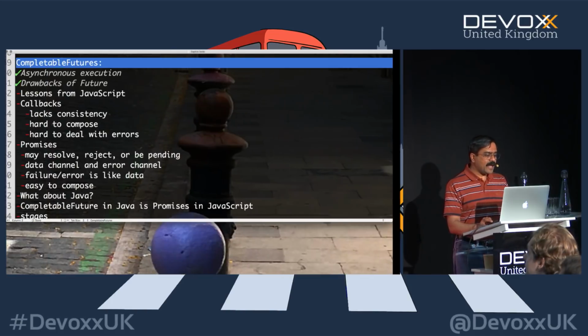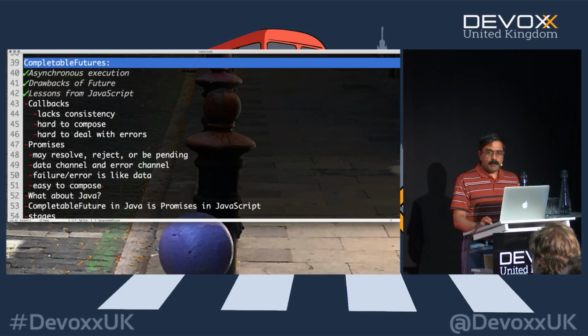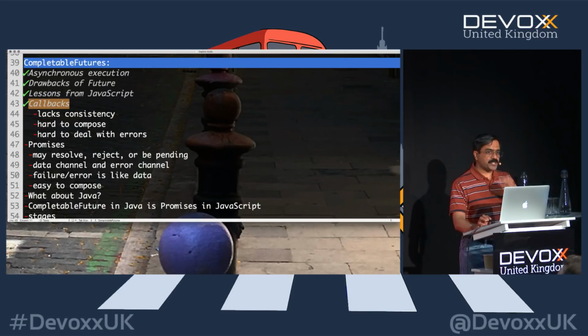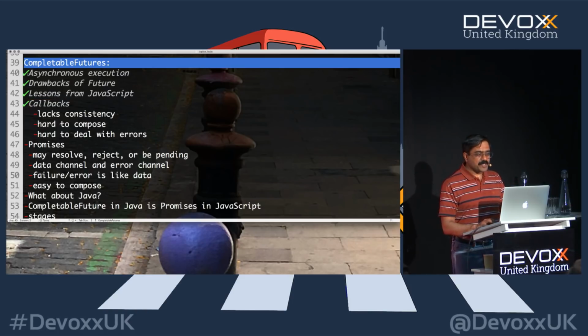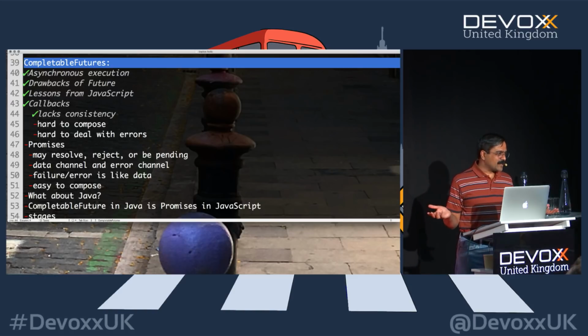Maybe there is a different approach we can take. Hey, wait a minute, let's see what JavaScript did back in time. Well, back in time, JavaScript code used asynchrony using callbacks. Well, if you think callbacks are a good idea, I've got a suggestion for you. Walk next to a JavaScript programmer and utter the word callback, and watch them begin to cry uncontrollably because they have learned the pain of callbacks over time. It's just miserable. One of the reasons is that callbacks lack consistency. What I mean by that is when you receive a callback, is the first parameter data or the first parameter error? There is no universal consistency on this.